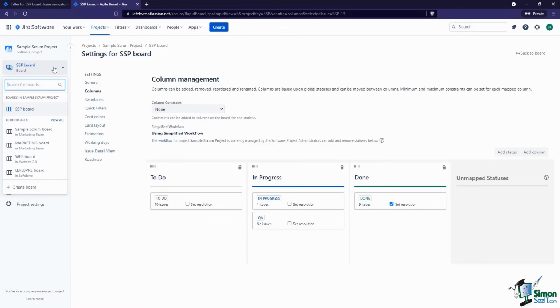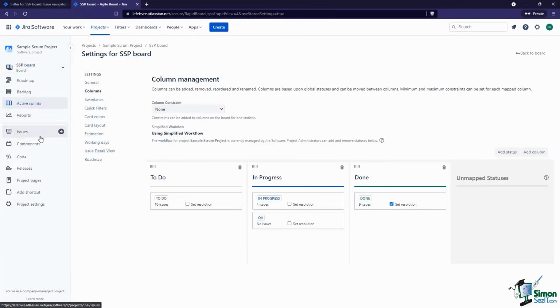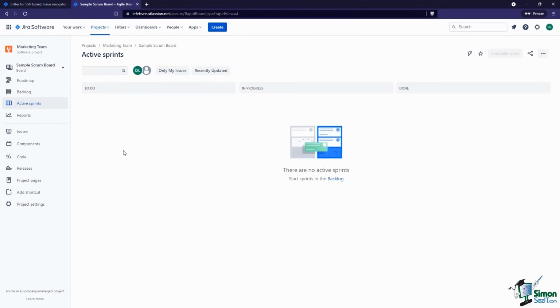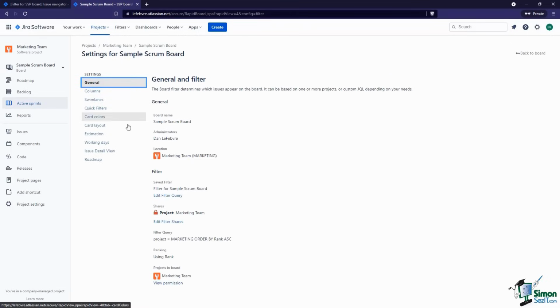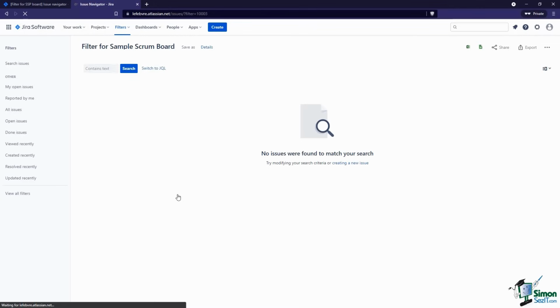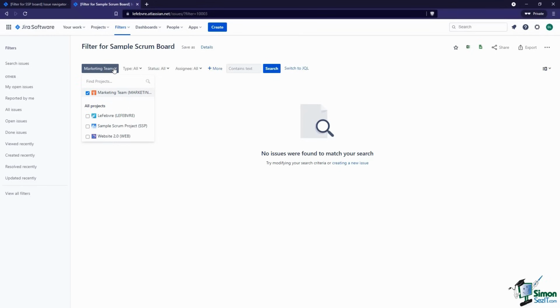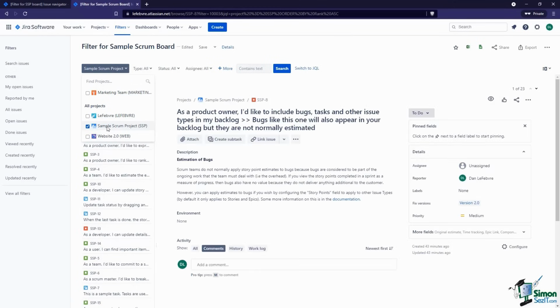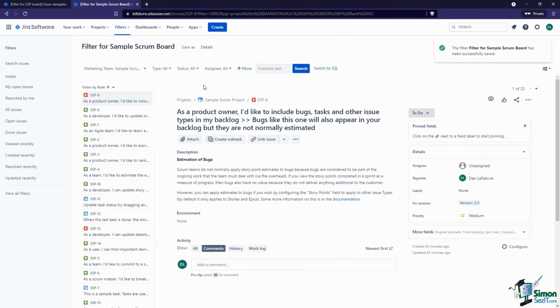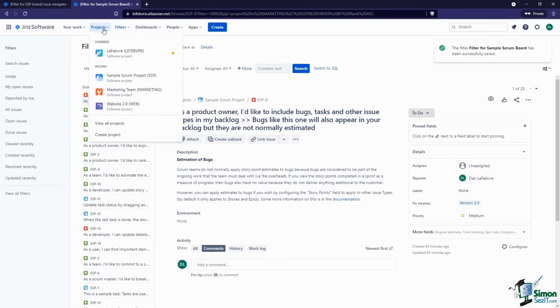If we come over to the marketing board, let's go to the sample Scrum board that we created, this blank one here. So this is going to have its own filter. If we come into the board settings, change the filter, and say, okay, there's no issues in here. That's why there's nothing showing on the board, because there are currently no issues in the marketing team project. If we want to show the issues in the Scrum project, or maybe both of them, there's really nothing in marketing, but we could do both if we wanted to. Save this. Now, if we head back to the board,